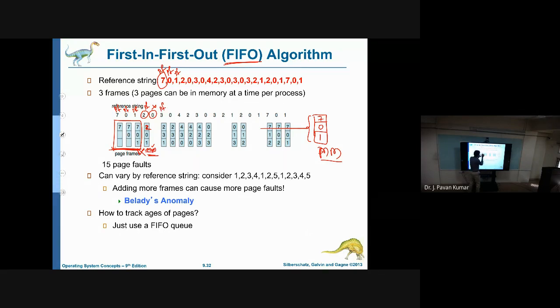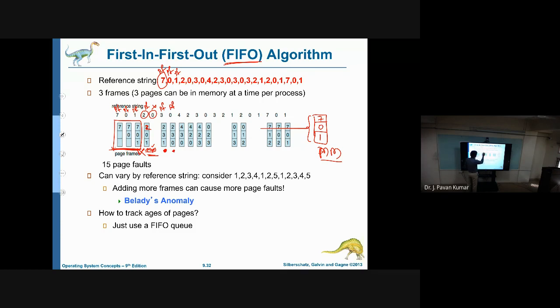Next, now 0 we want. Are we having 0 in the main memory? This is the main memory. Are we having 0? No. So we have to consider page fault. It will occur page fault. Then we have to replace one of the 3 frames like 2, 3, 1. Out of these, which one we have brought first? 1 we have brought first. So that will be replaced. Now this is the main memory content.